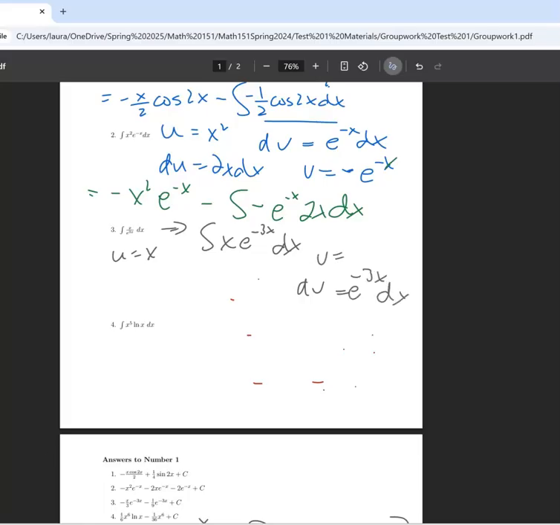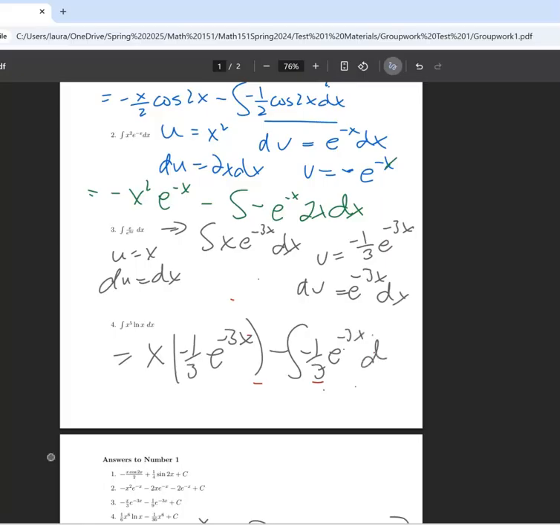So v, taking the antiderivative, would be a negative 1/3. And then the du is dx. Okay, so put that together. So I get uv, x times negative 1/3 e to the negative 3x, minus the integral of v